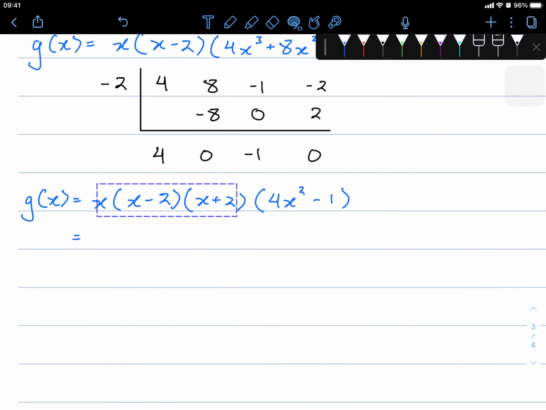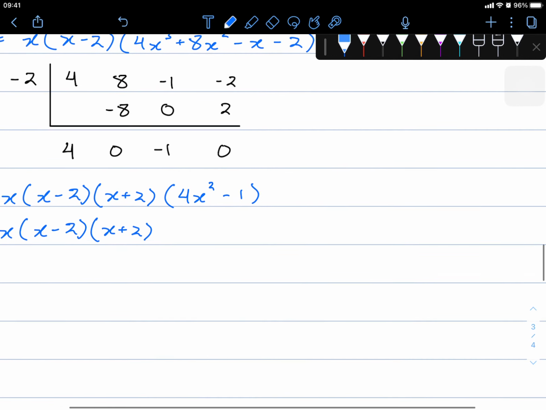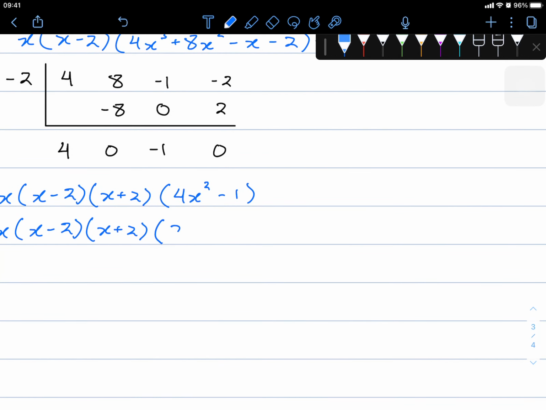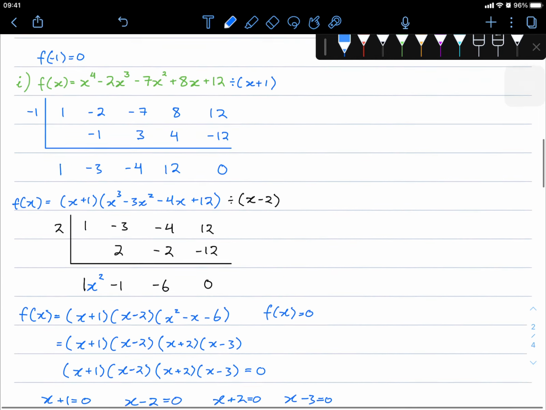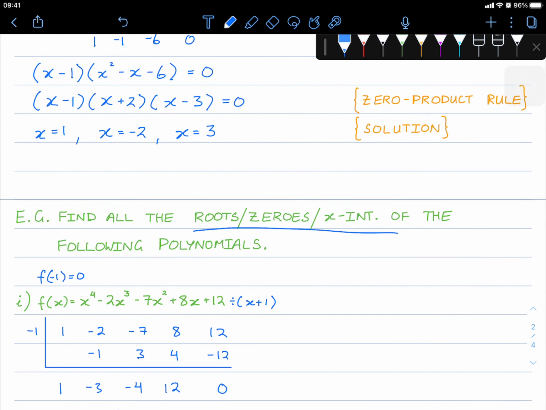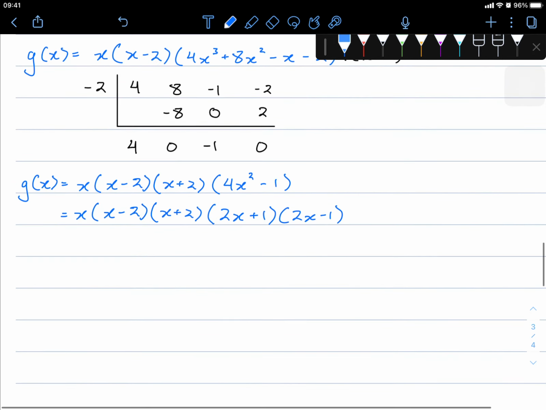So we can further factorize all of this into 2x plus 1, 2x minus 1. Now, since we're looking for zeros, we're going to let the function equal 0. So all of this equaling 0,